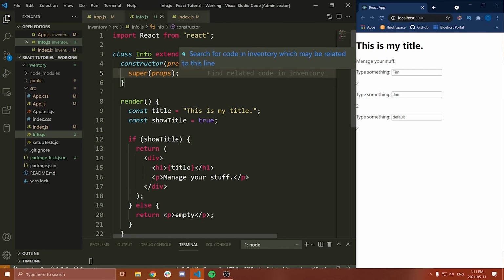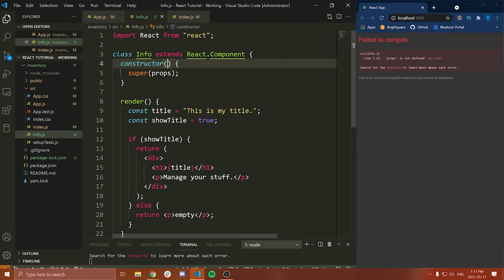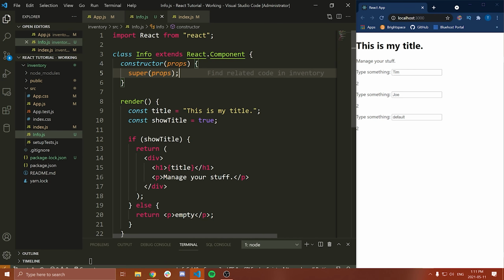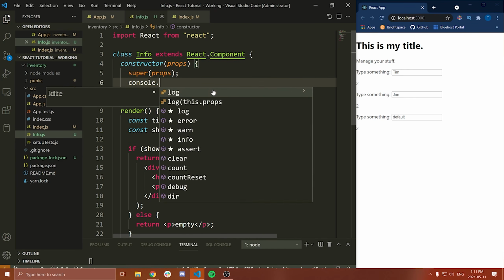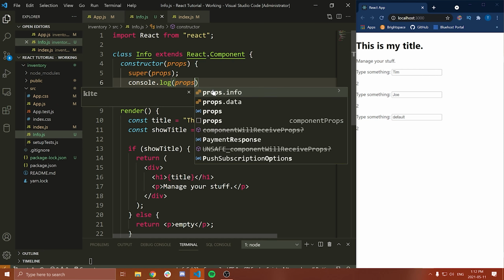Now, inside of the class-based components, I'm going to recommend you do not decompose your props. You can write something like text, number here, whatever, but you're going to run into a few errors, and this is not the React way to do it. Instead, you should just take in props like this. All right, so now that we have this, what we can do is console.log our props like that.